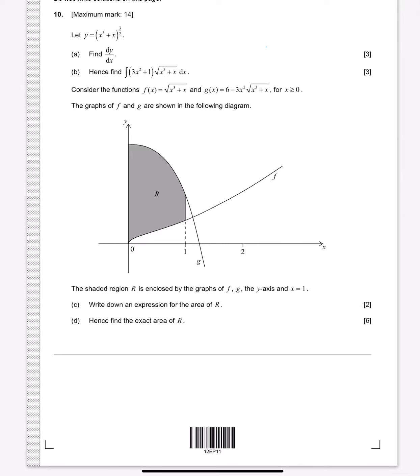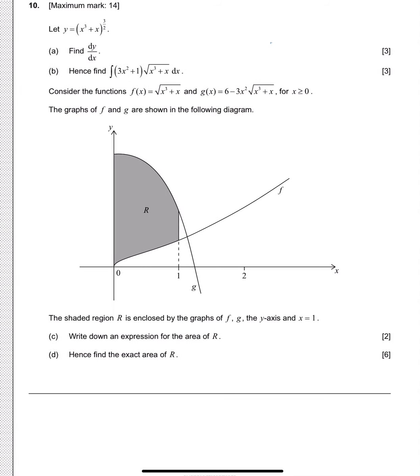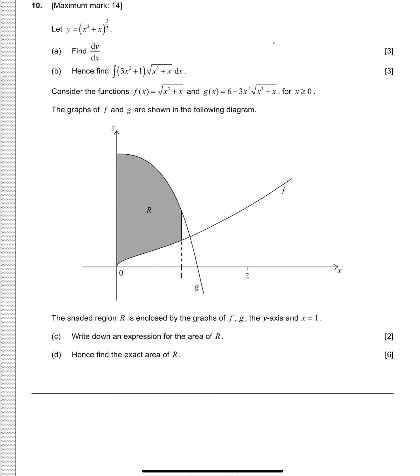This is May 19, paper 1, SL, time zone 2, question 10. If we're looking at this question, we see that y equals (x cubed plus x) to the 3/2 root, and we want to find the derivative. So this is going to be an application of the chain rule because we have a composite function where